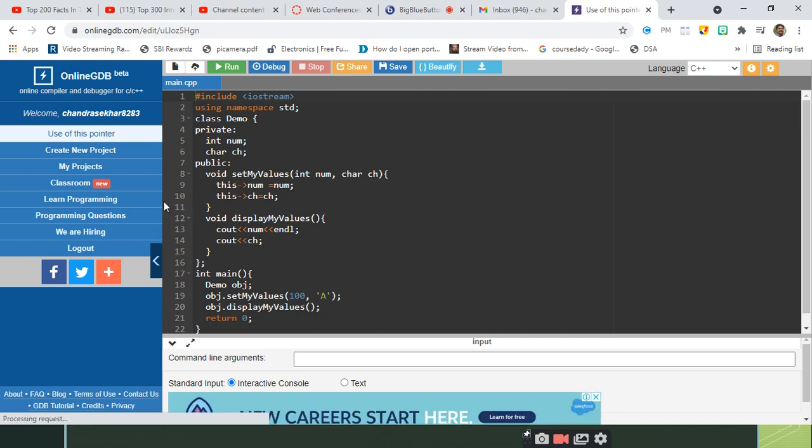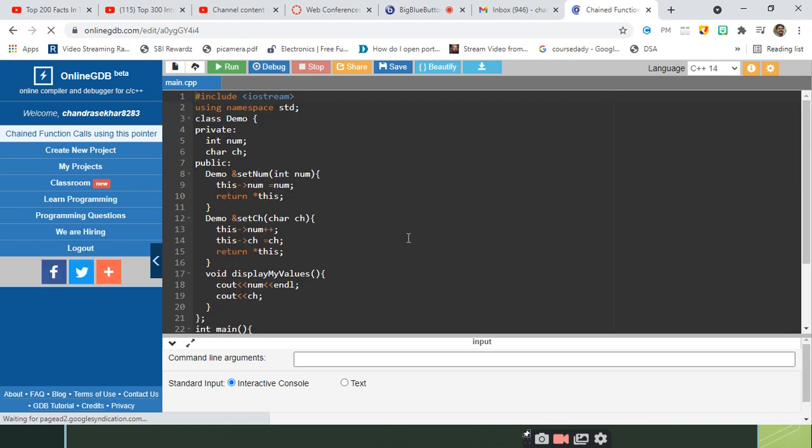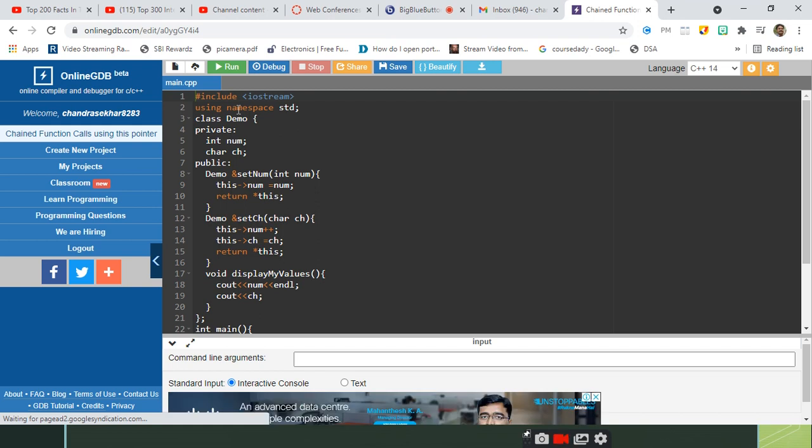This is the same as that one, but I just want to demonstrate the chain function calls to you. You can see this screen, right? The online GDB. So what is the name of the class?